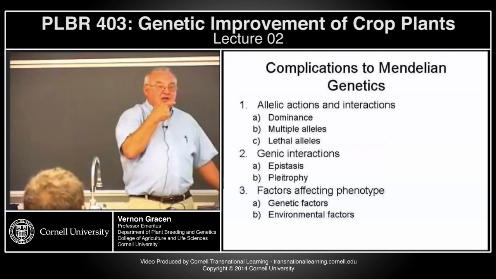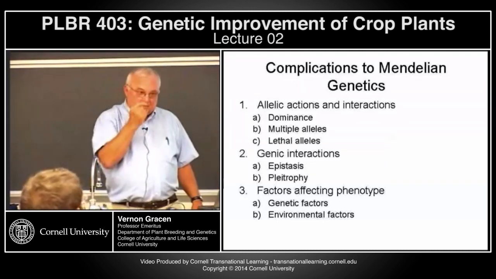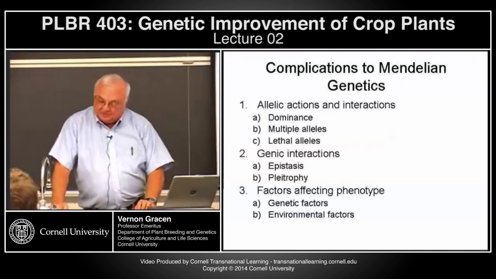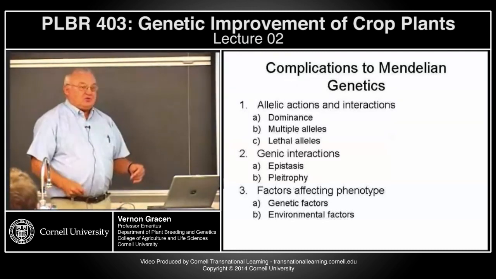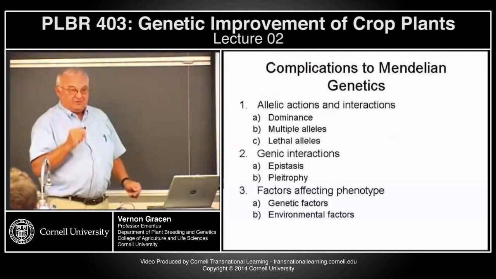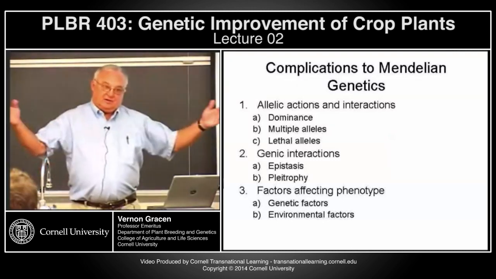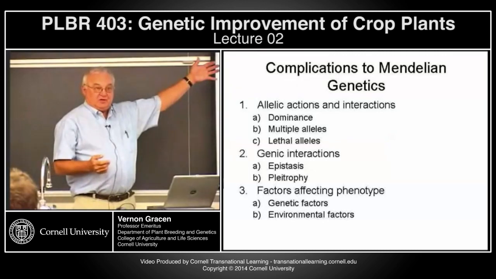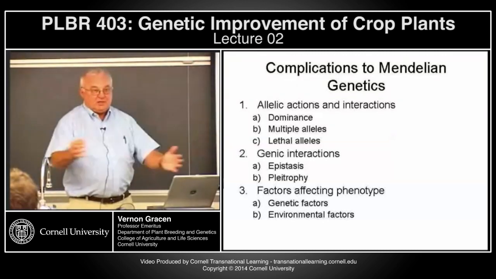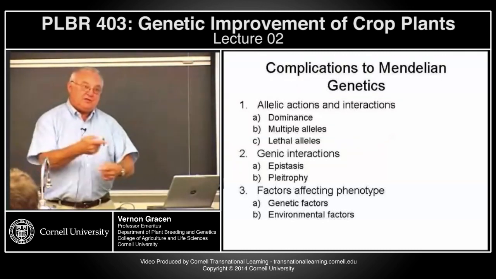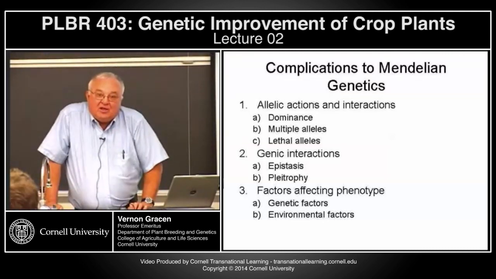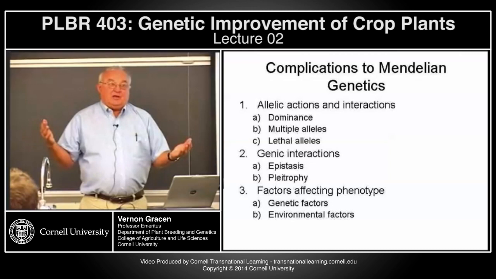Yes? I was going to say, if the genes aren't linked, then the ratios help you to figure out how many plants you need to grow to get certain amounts. That's an excellent application for this. If you're dealing with non-linkage or various degrees of linkage, you get a feel for how big a population you need to work in order to get this independent assortment and recombination. You can predict your phenotypes.